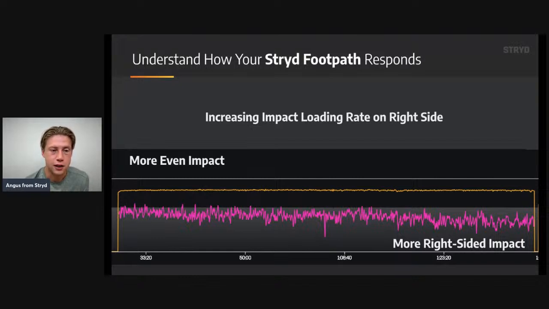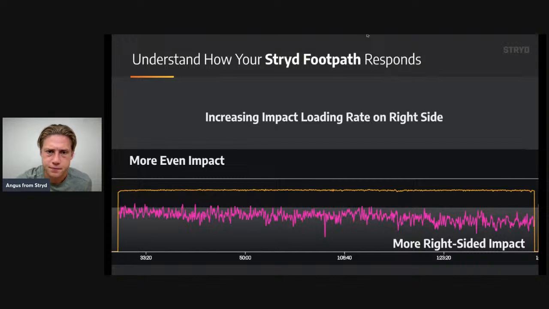So when you pull up that impact loading rate balance, it started with more of that even impact, and we can see in that pink line there was a clear trend downwards. Even though I was maintaining that same power output, with the treadmill set to that same intensity, there's a pretty clear downward trend where I was slowly having more impact on the right side over the course of the run. And I believe that was compensating and starting to fatigue because I had not warmed up